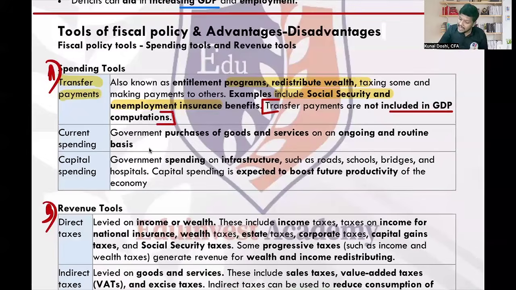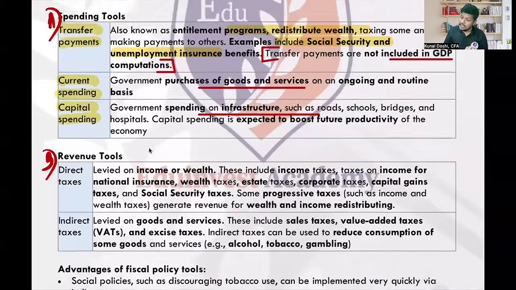Understood? Then there are two more places where the government spends majorly, that is current and capital spending. Everything that is purchase of goods and services comes under current spending. But investment in long-term infrastructure or creating assets, roads, bridges, railways to boost the future productivity or generate infrastructure for the economy, that is capital spending, long-term spending. So this is where the government spends. Many students ask me, how does the government pay salaries of its employees? That comes under current spending, right?